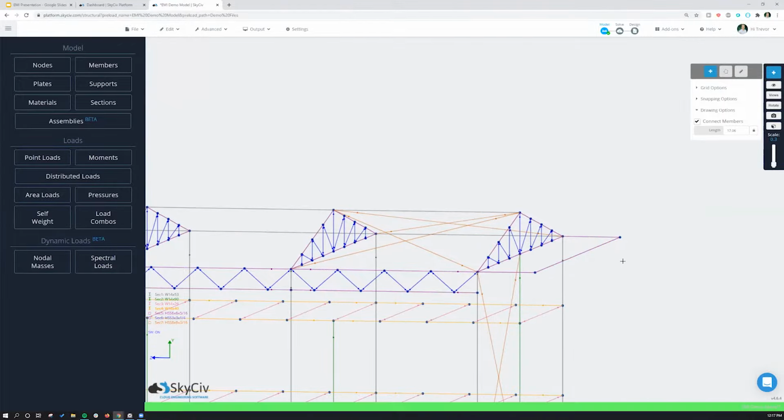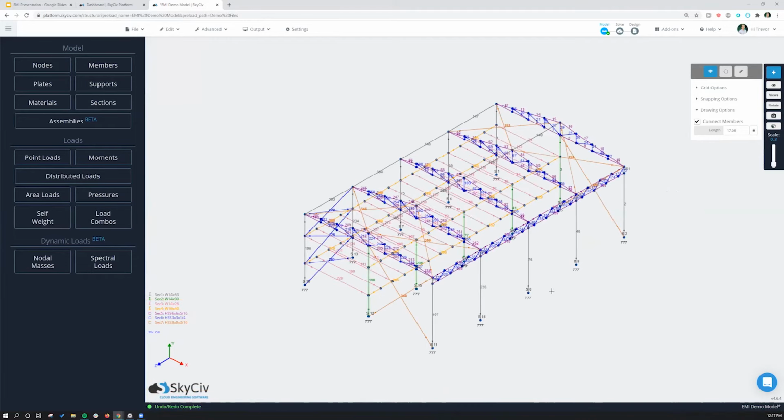I'm going to back out of this. I'll undo a little bit. So that's, again, 100 miles an hour of the actual inputs. There's a lot of things that I didn't really mention, but what I'll do now is I'm going to look